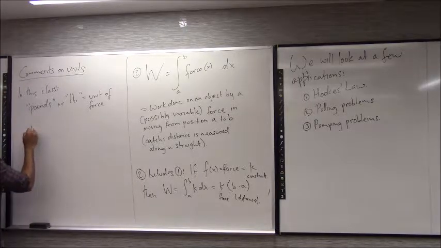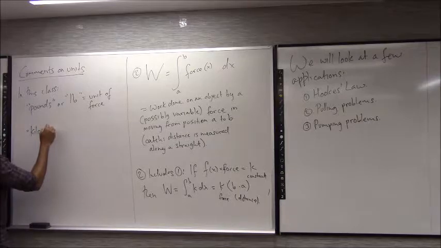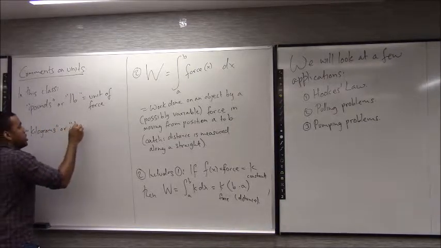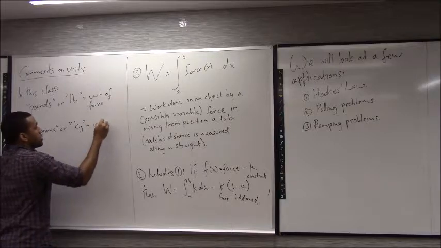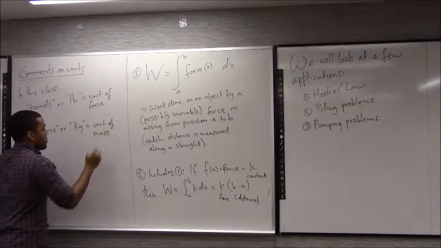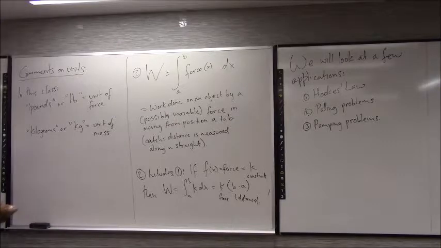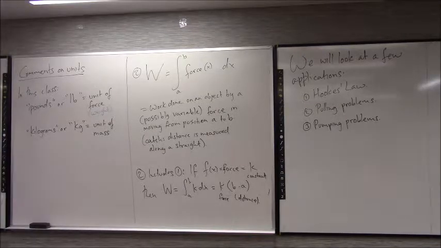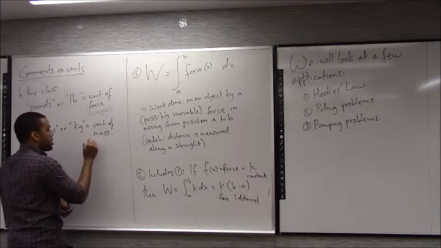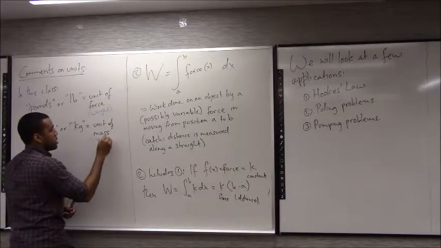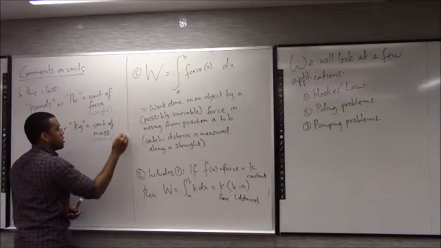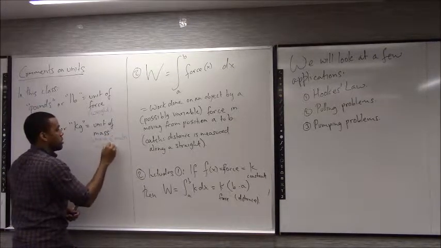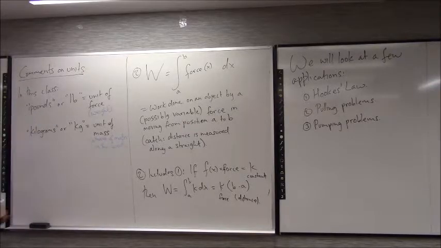Whenever you see kilograms, that's an SI unit, or kg. That is a unit of mass. Right? So when we say force here, we mean weight, like how much you weigh. So that's a measure of how gravity is pulling on a body, right? So it's not really a measure of how much stuff it takes up, whereas mass is the amount of matter in the object. Right, so these are very different. We also know by Newton's,